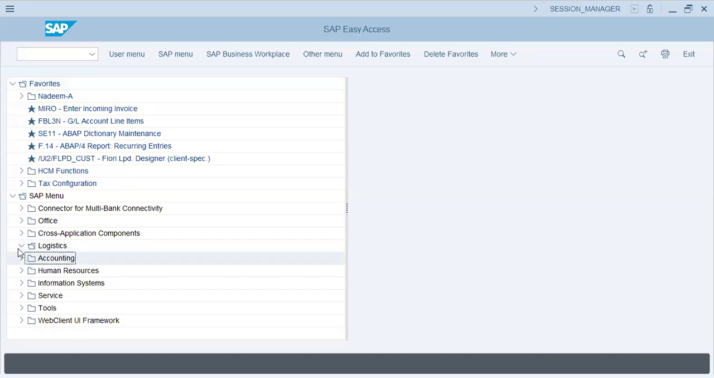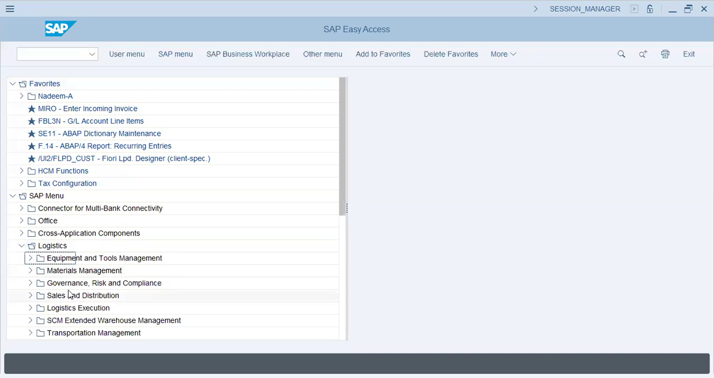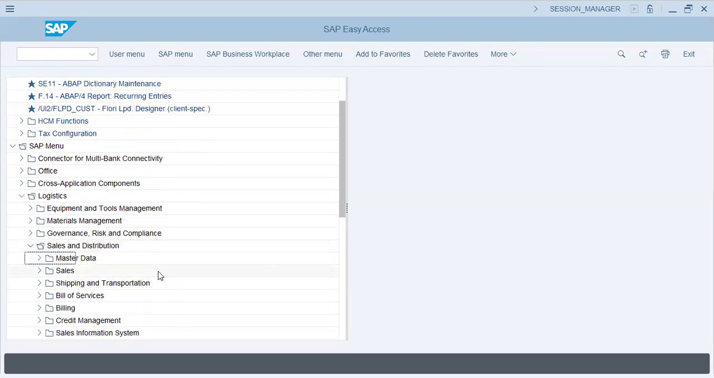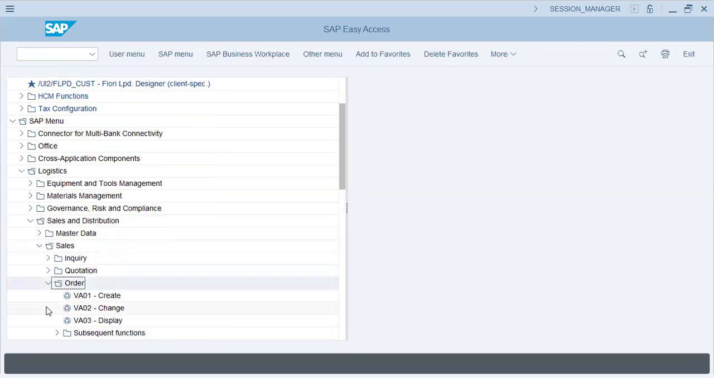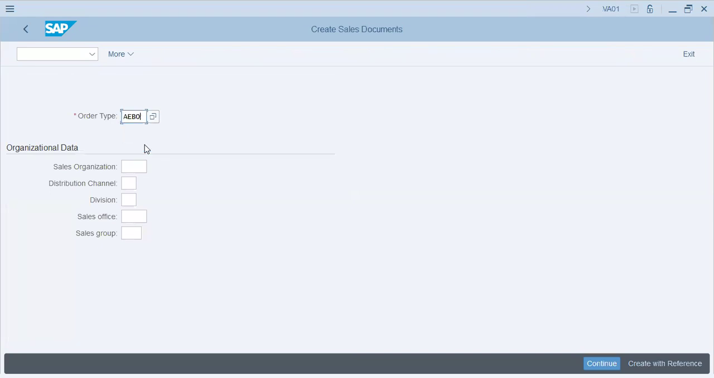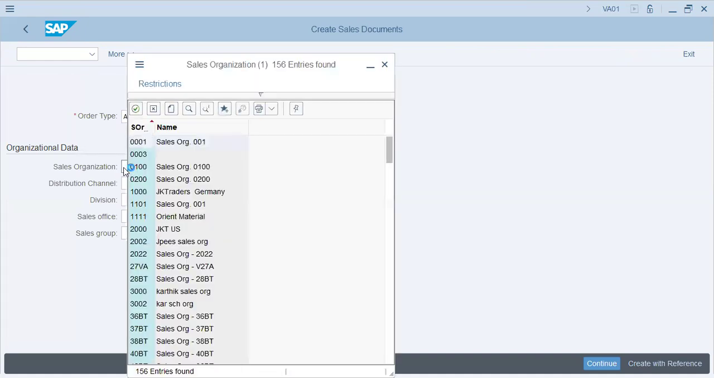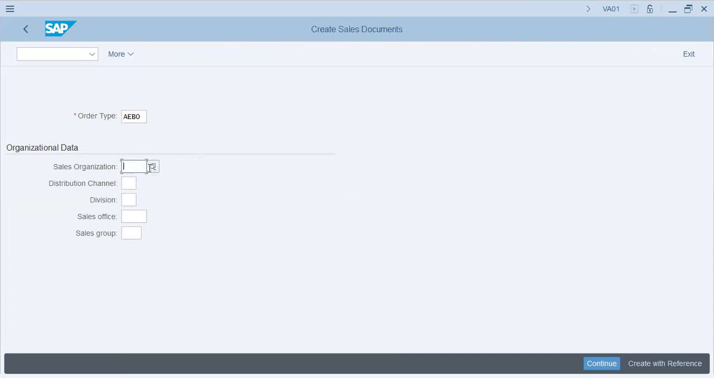So the configuration that we have done is almost near completion, but why are we doing that configuration? It is for this part: order EA01, okay? Order type AEDO, sales organization. If we look at that, it is DT72. DT72 distribution channel will be